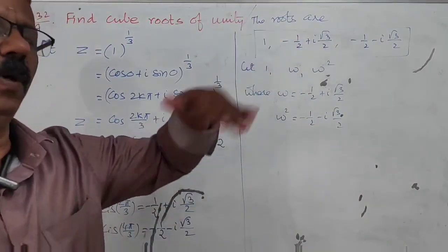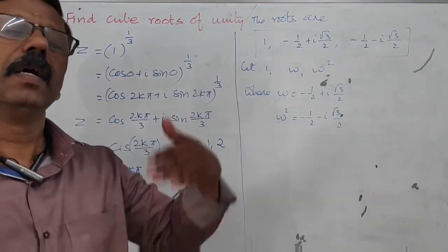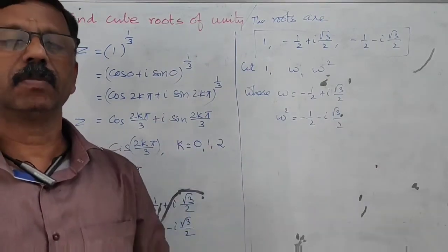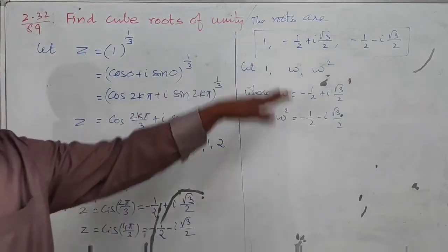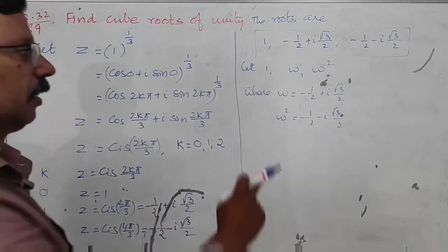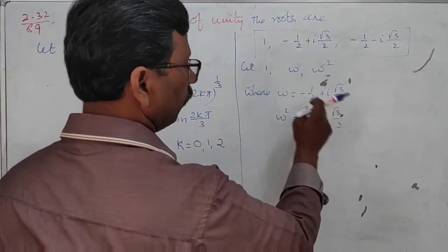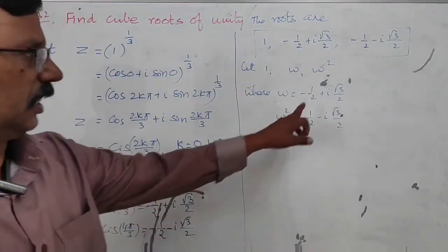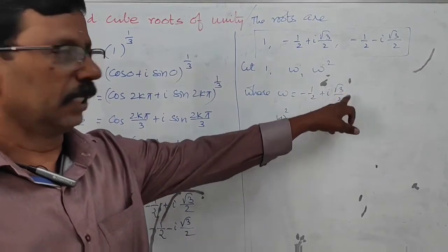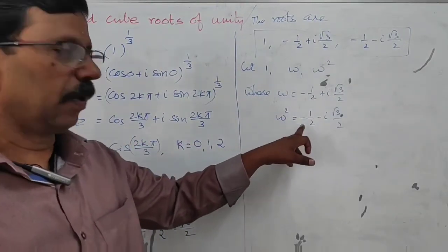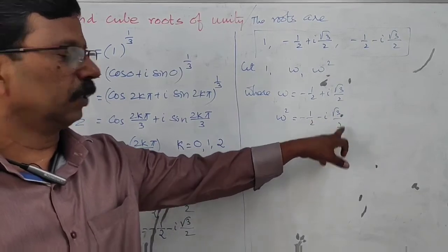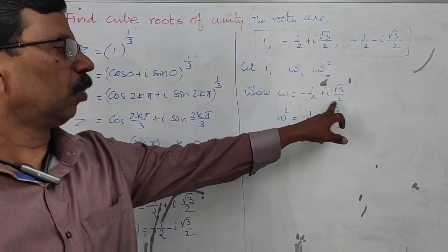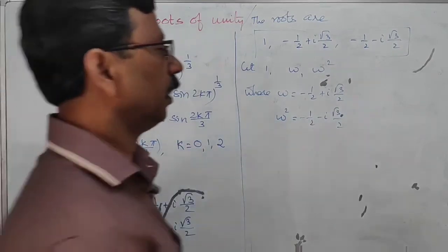After this I am writing some extra steps to explain it. Therefore, after finding this, you can check the properties of the n roots of unity. Sum of these roots equal to 0 and the product of these roots equal to minus 1 power n minus 1. All these things you can check one by one. Now these 3 roots, if you take these 3 points, this 1 can be written as 1 comma 0. Now this is a point minus 1 by 2 comma root 3 by 2. Now omega square point as minus 1 by 2 comma minus root 3 by 2. Now the first point lies in the first quadrant. This lies in the second quadrant. This lies in the third quadrant.